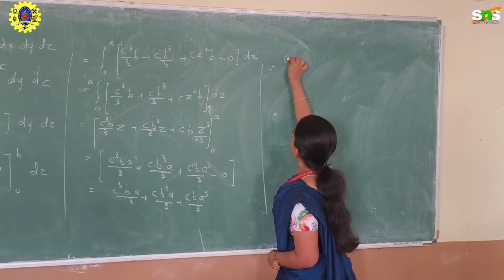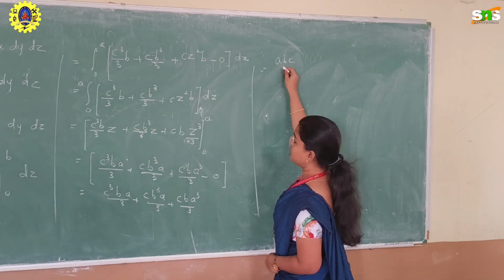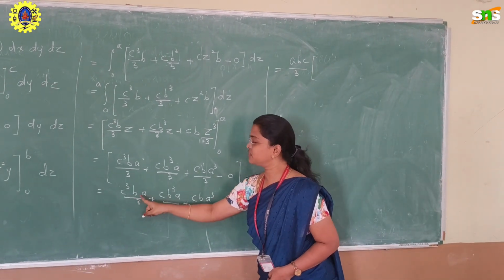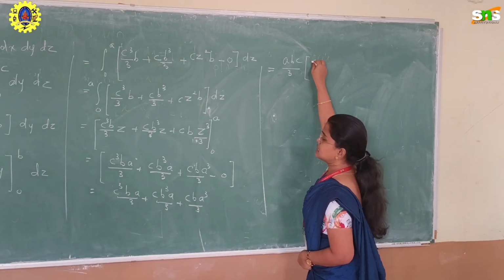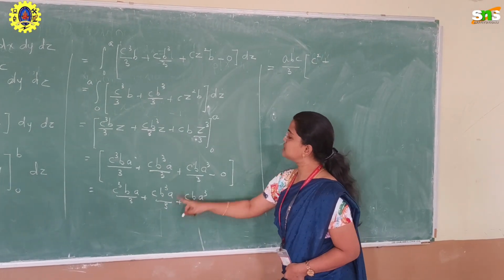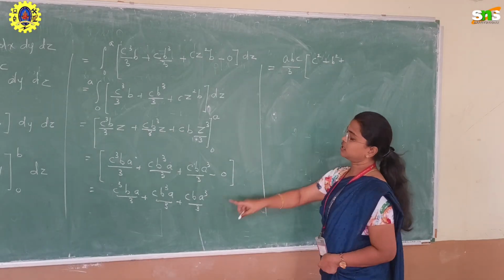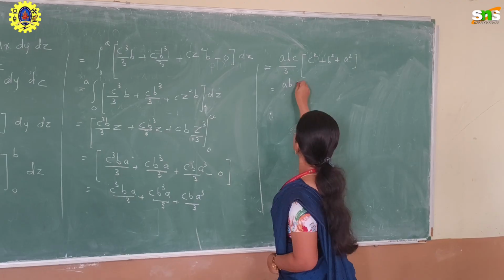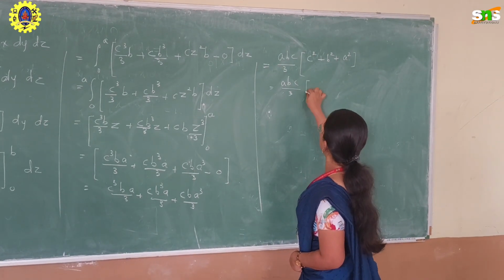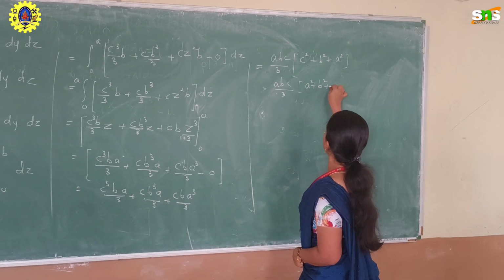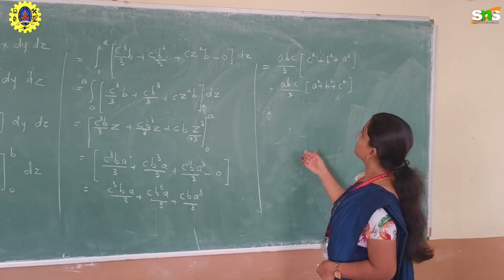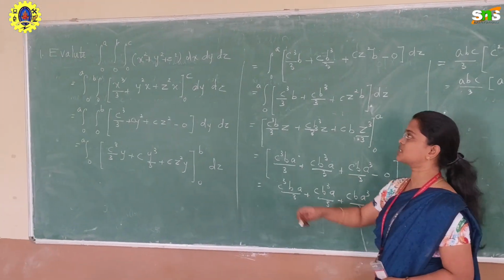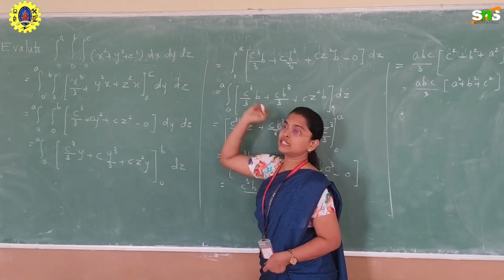I get a b c divided by 3 as a common term. What is the remaining term in the first? c square. Here the remaining term is b square. In the third term the remaining is a square. If I rewrite this, a b c divided by 3, a square plus b square plus c square. This is the final answer for the triple integral of x square plus y square plus z square with respect to x, y and z. So the answer